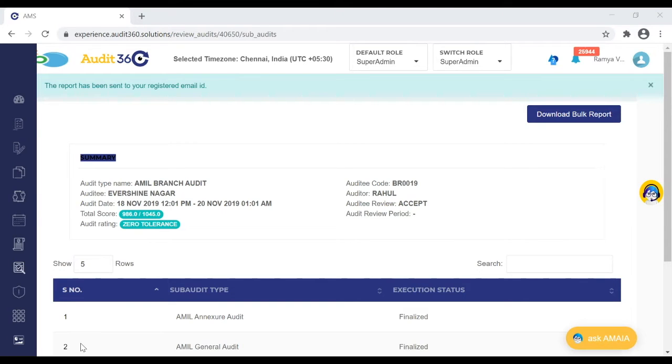And then we have a first sheet which consists of a summary report. The summary report would have basic information about the audit schedule, as well as the final audit rating and the total achieved score. It would also give us information at the sub-audit level: against a particular sub-audit, what was the actual total, what was the actual score to be achieved and what has been achieved. If you see, there is one more column named redistributed total score.